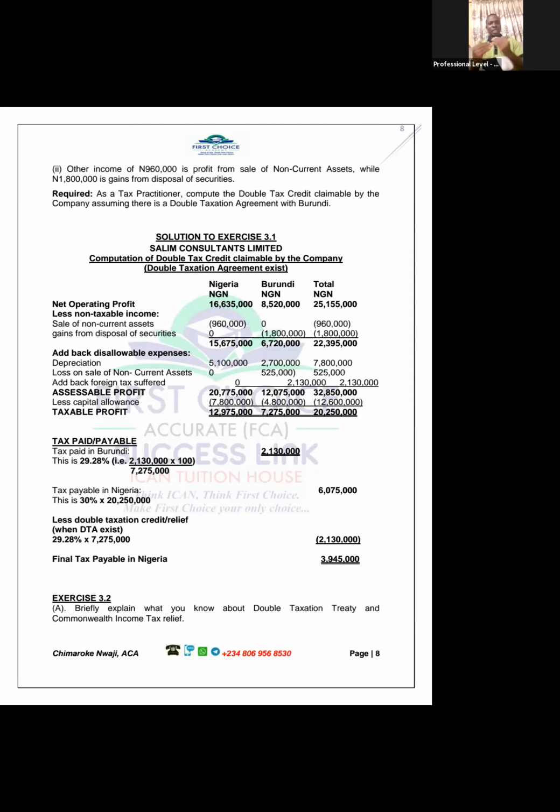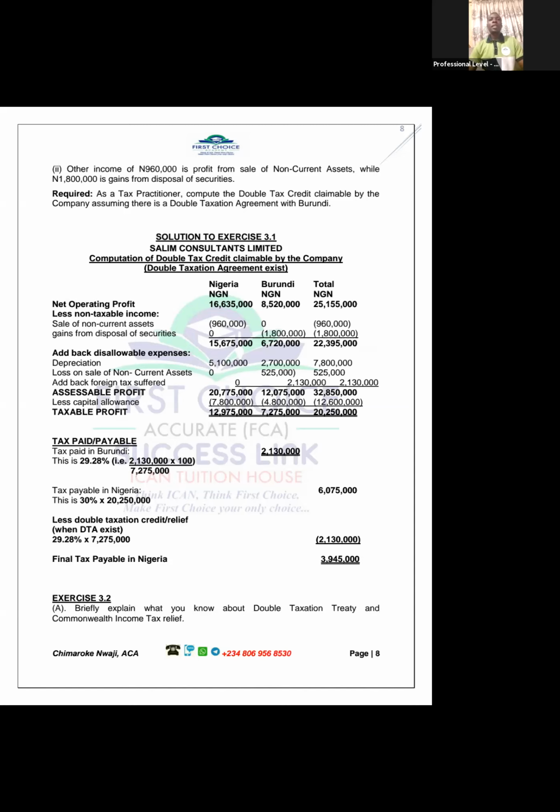We look at those expenses that have been deducted previously in the statement. Did they do it well? Are there some expenses that are disallowed by tax law, but the financial accountant has allowed them by financial accounting principle? If he has allowed it and deducted it, the taxman will say, no, add it back. Classic example is depreciation. The taxman does not like you using depreciation. He gives you capital allowance. So you have to add back any depreciation that you've deducted.